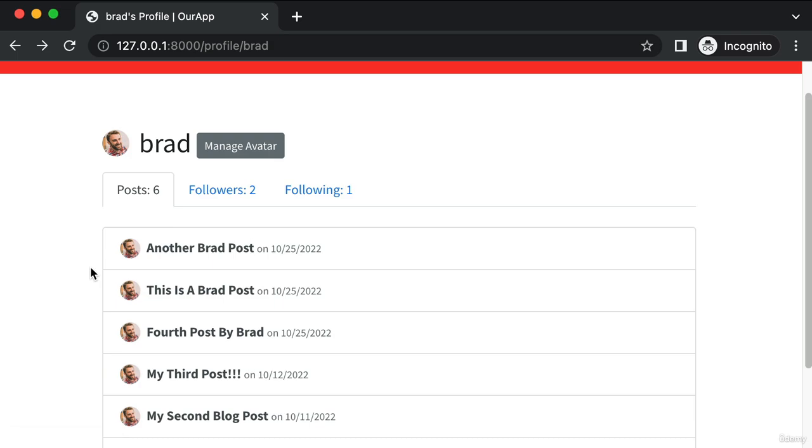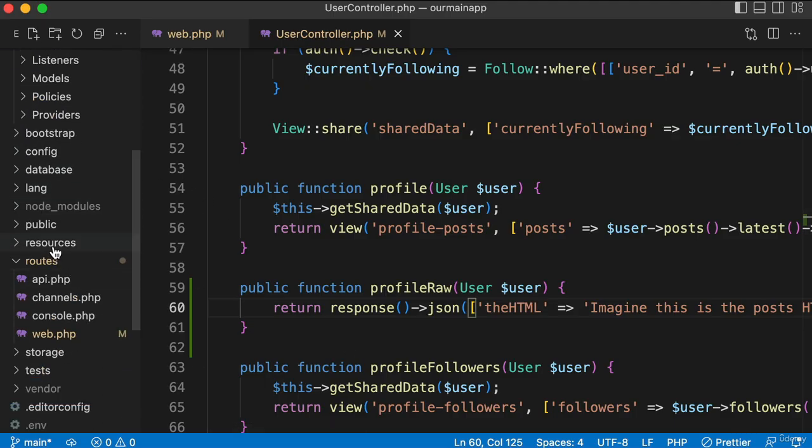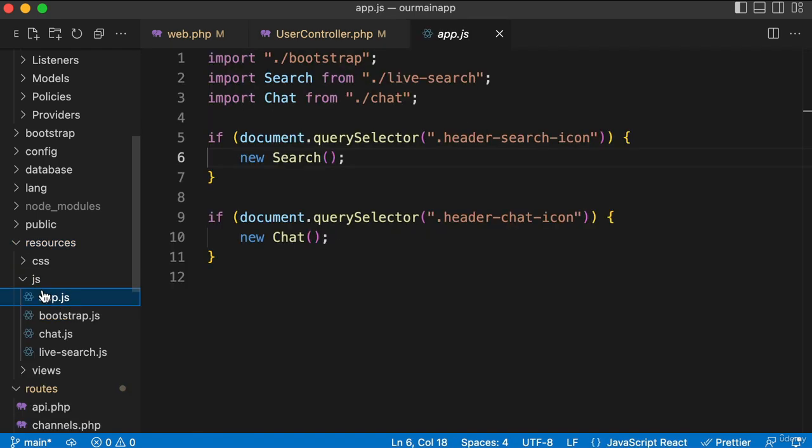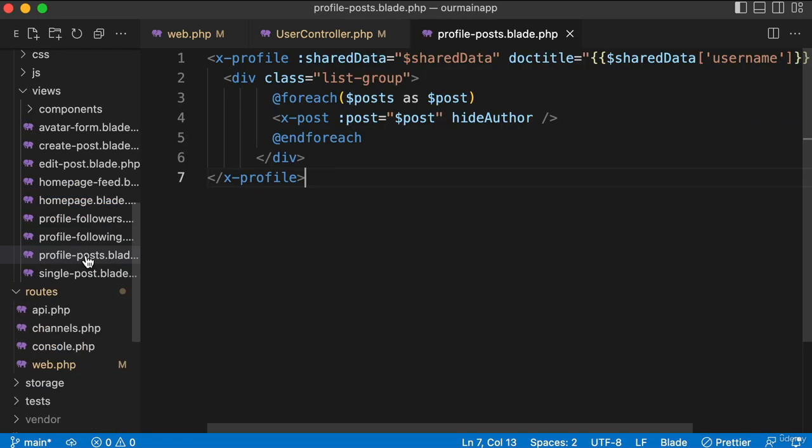So that's what I want to do. That's just my own personal preference. So let me show you what I would do. There's a million different ways you could do this, but here's what I would do. Let's go into our views folder. So in resources and then views, not JavaScript, in the views folder. And we're looking for this file named